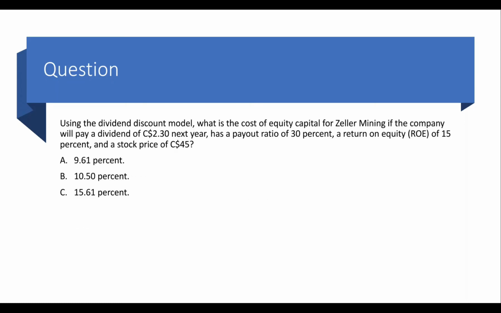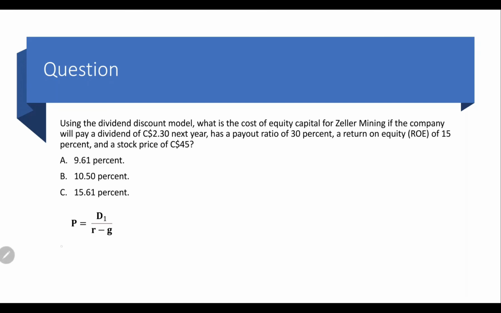Now moving on to the next question, it says, using the dividend discount model, what is the cost of equity capital for Jeller Mining if the company will pay dividend of Canadian dollars 2.30 next year, has a payout ratio of 30%, a return on equity of 15%, and a stock price of Canadian dollars 45. And you are given the options. I know we are discussing WACC here, but it is important to understand these calculations also because we are calculating the cost of equity, which is a part of WACC. So using this formula, that is DDM formula,